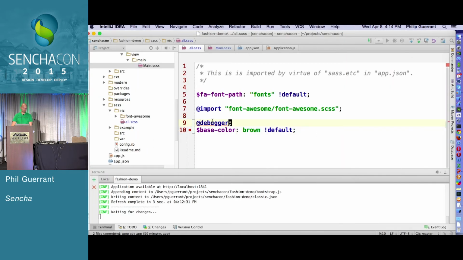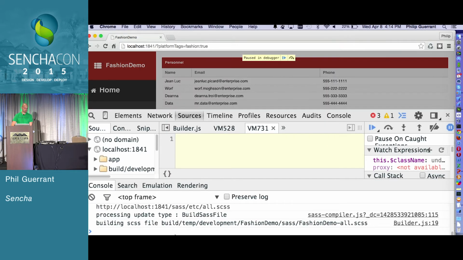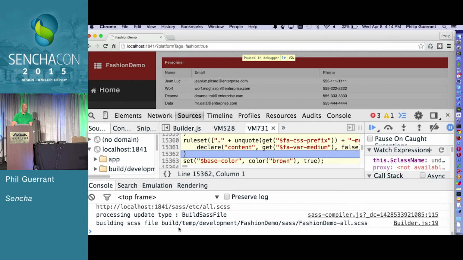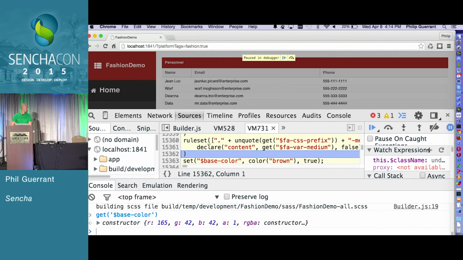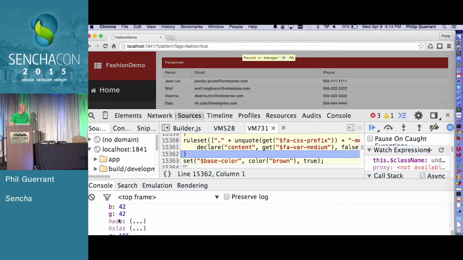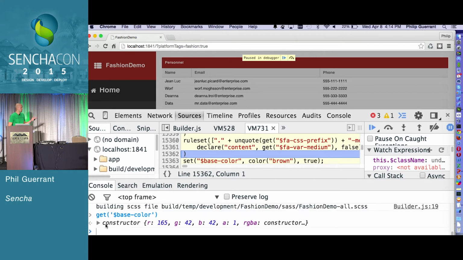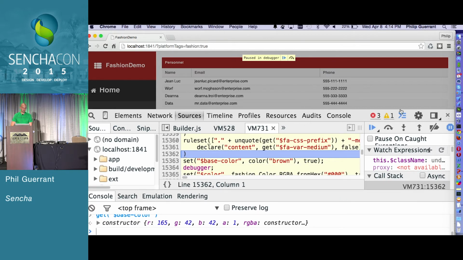So if I want to, I could put it after I've defined base color. And I could try that again. And it gives me here what's called a Fashion.Color instance, which has all the information about the color in question. Likewise, if I wanted to set a color in here, I could just call the set function and set its value. While we're in here, I wanted to take the opportunity to show you this function